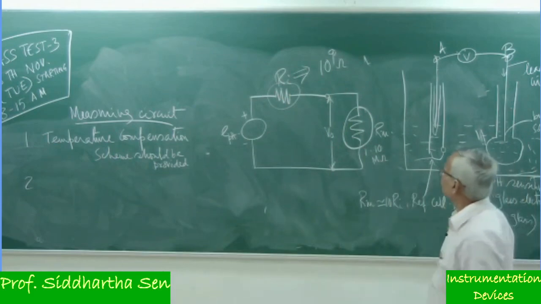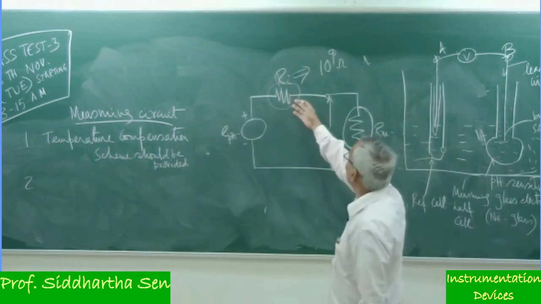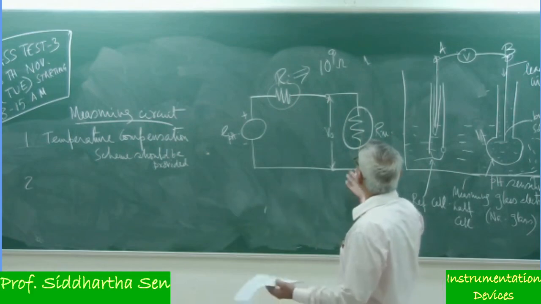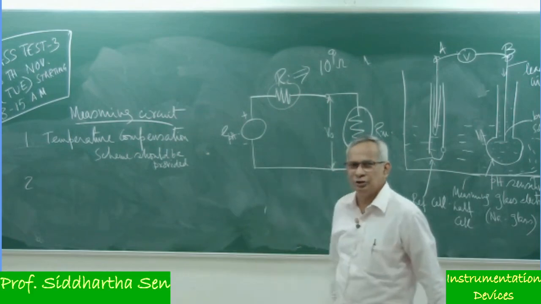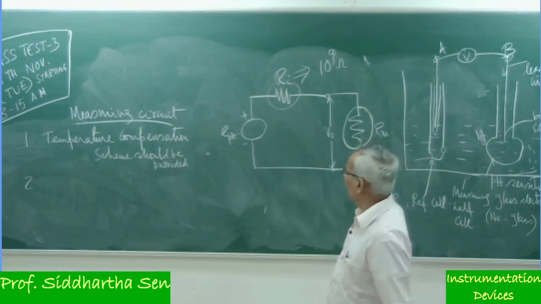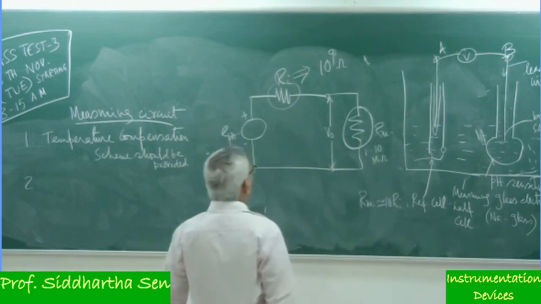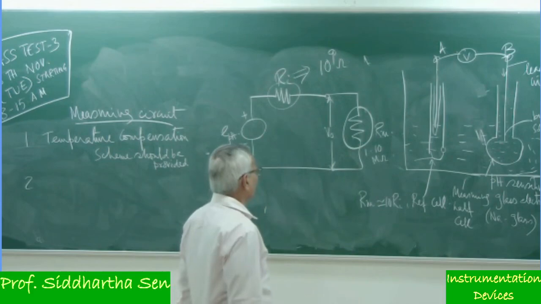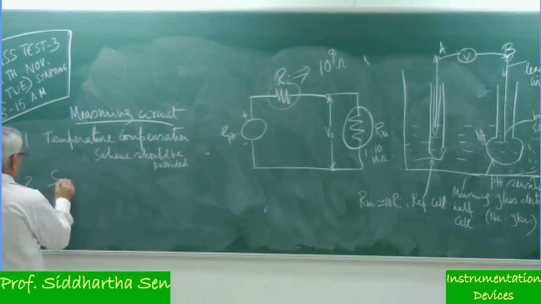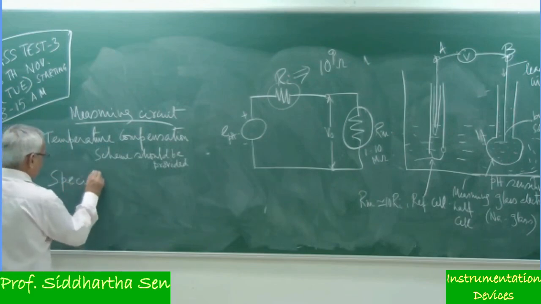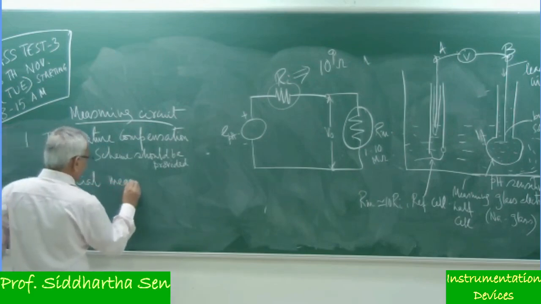So if it is 1000 times more, naturally there will be a total loading effect and the output voltage will be zero there. So we cannot use the normal voltmeter like this. Rather, obviously we require a special measuring circuit